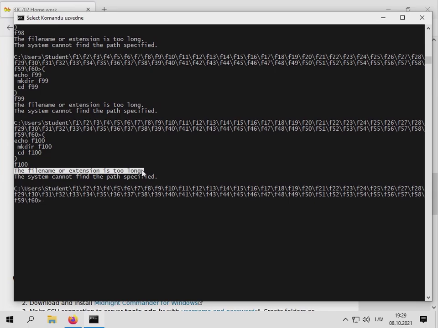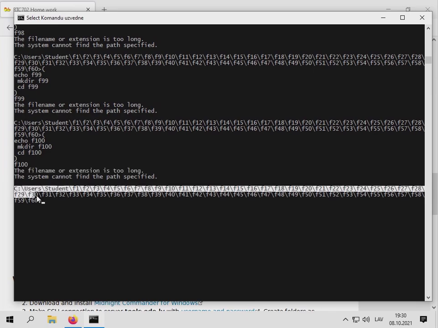When Windows NT was introduced, I think it was in 1995, in parallel with Windows 95, it introduced a new file system called NTFS, and NT means new technology file system, and they were very proud that instead of the DOS convention, 3 letters for file name, 3 letters for extension, you could use up to 255 letters for the name of the file.